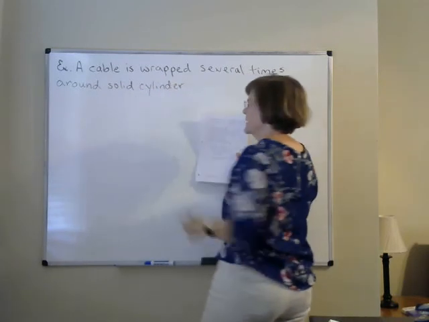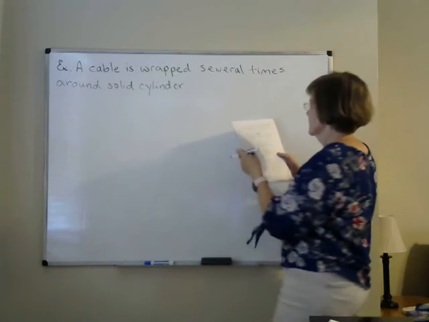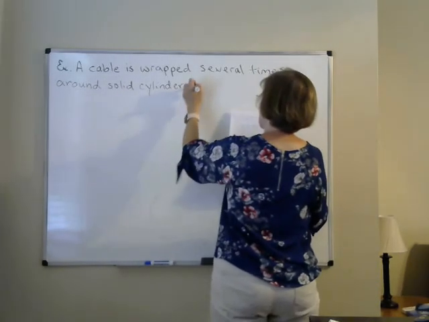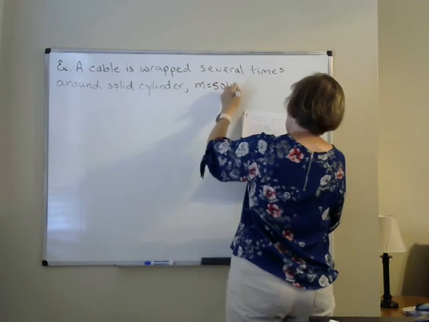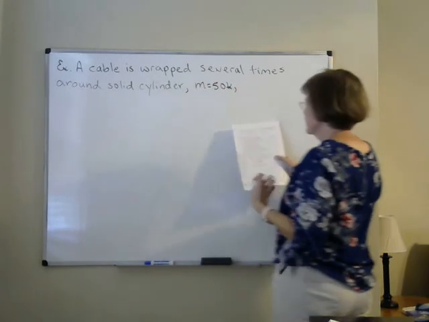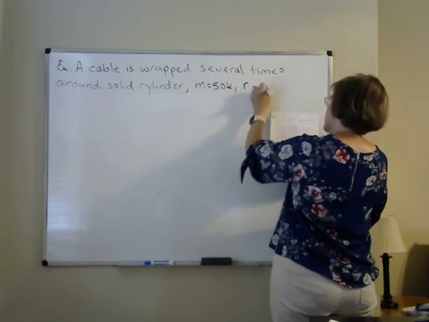In other words, you'll see a lot, a solid cylinder would be a solid disc that has a mass equal to 50 kilograms. And it says a diameter of 0.12 meters, but I think I'll go ahead and say that its radius is